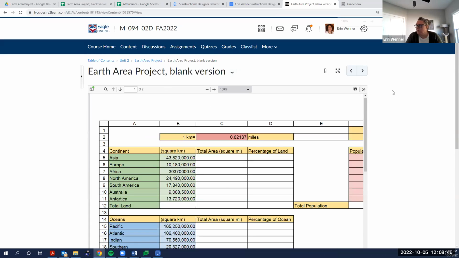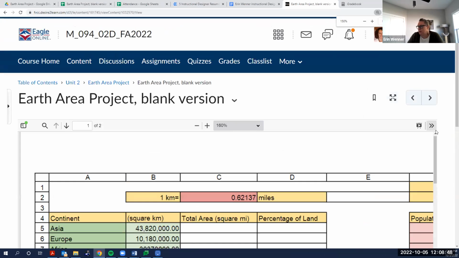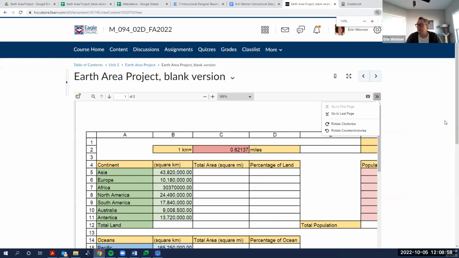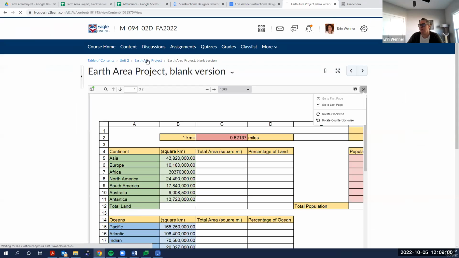Actually, hold on, it's not doing what I wanted. These 2 arrows right here, when you click those, it'll allow you to rotate sideways and that will flip it for you. And then if we go back to our project,